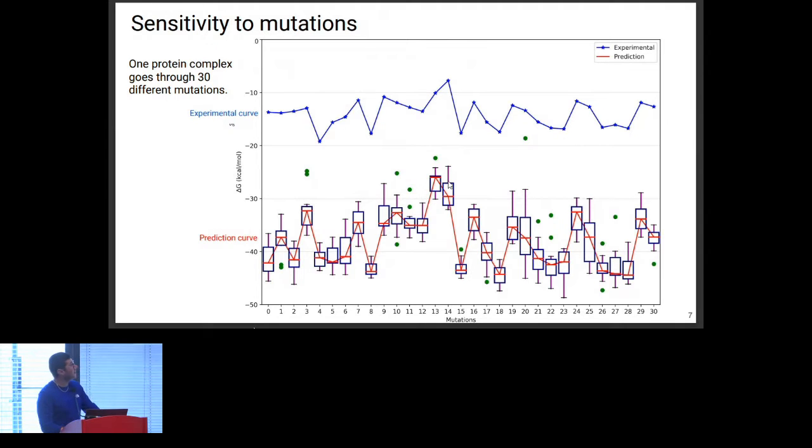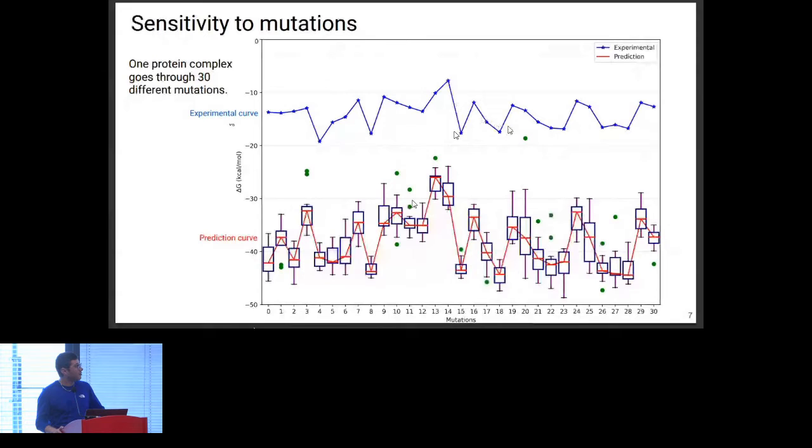And we observed that our predictions follow the trend of the blue curve, following the ups and downs of the binding affinity on the blue curve. So at the beginning we were happy, but we observed that we didn't get a good result